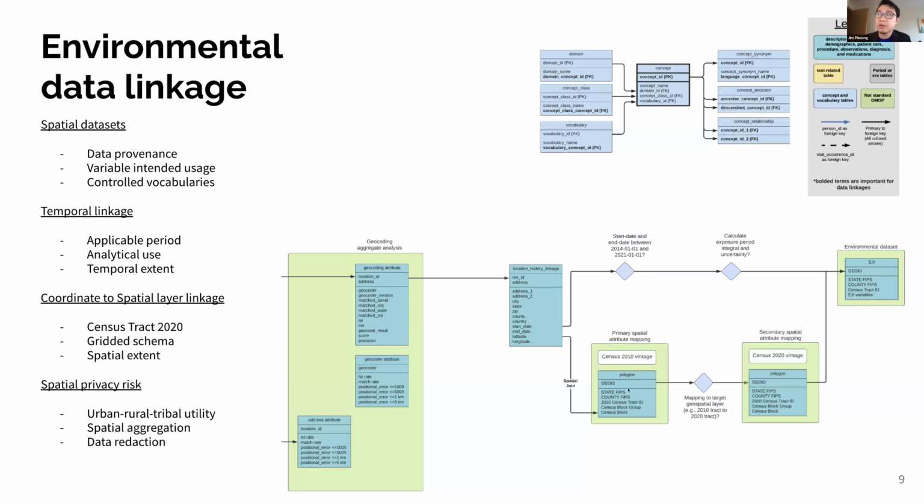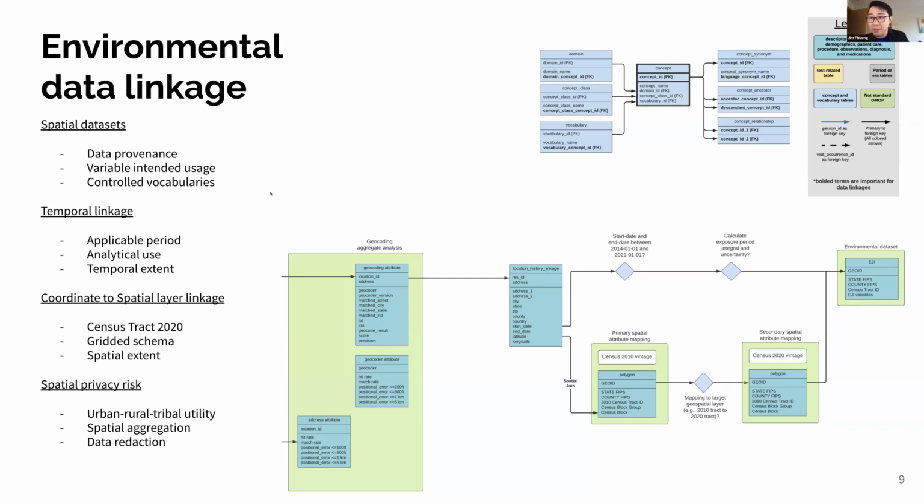Do we start with census tract? EJI, as it is right now, is based off of census 2010, but in its envisioned future, do we want to have this within a gridded schema, or do we want to have this in census 2020 census tract? And then finally, with EJI itself,